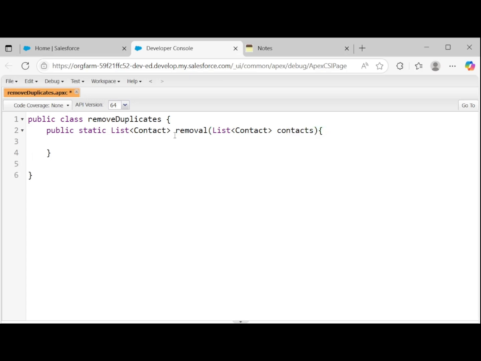Now, firstly, let's just create a list that will contain the result. Wait, no. It will be of type contact, and it will contain the result. Right. And next